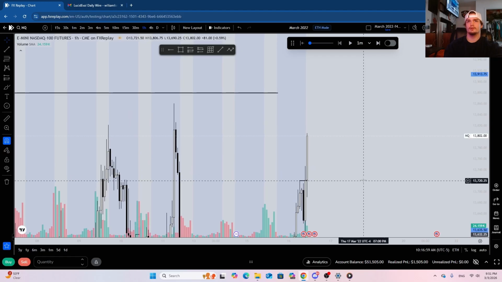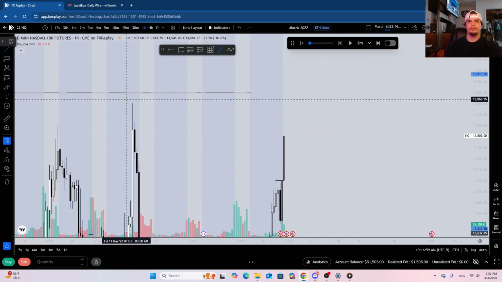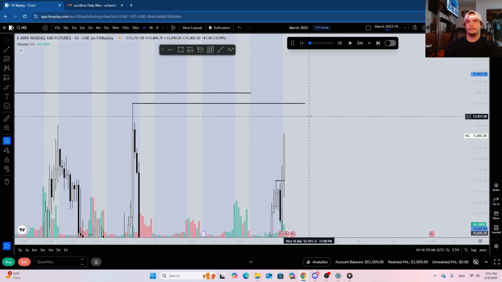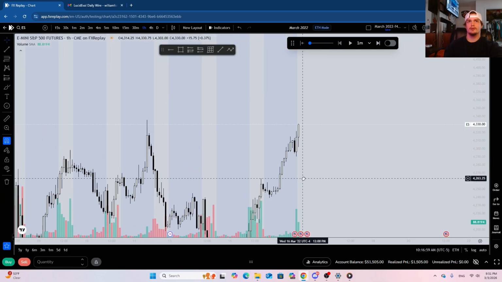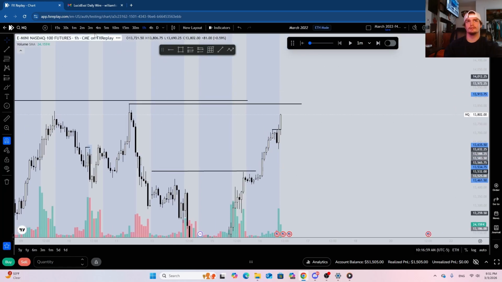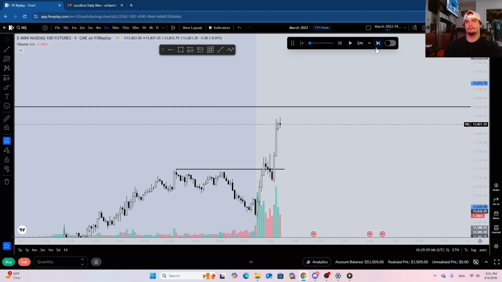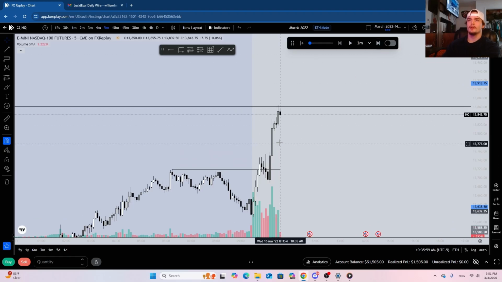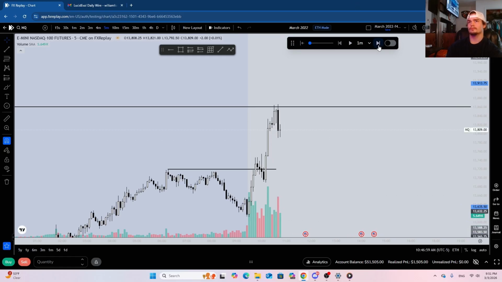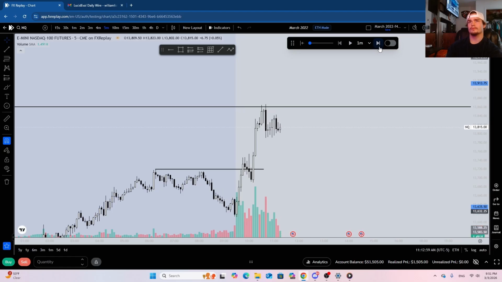So what will our next draw on liquidity be? Potentially these highs up here. How close is ES to taking these highs? Very close. Yeah, just low probability entries here. I'm sure it does deliver, but yeah, there we go. It does deliver, but it's just something I'm not willing to risk when ES already took those highs. Yeah, now we're just chopping around.